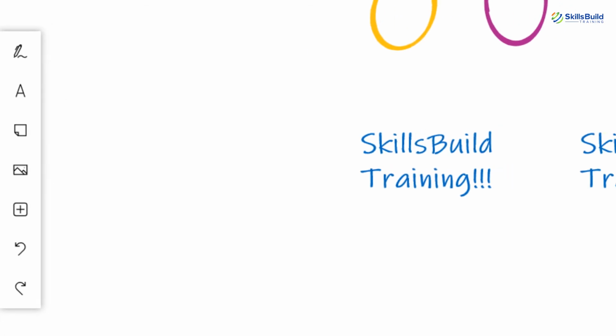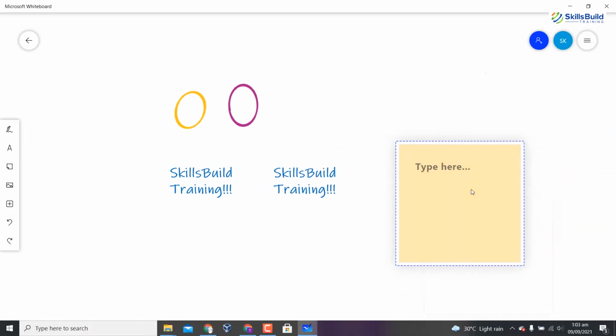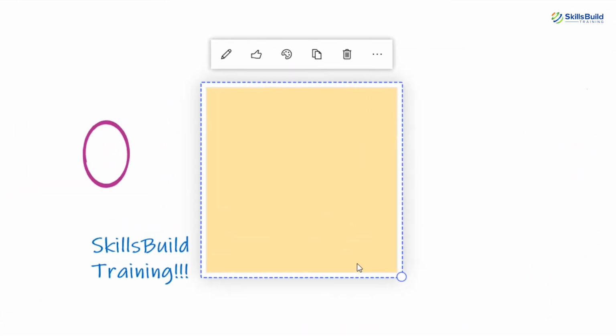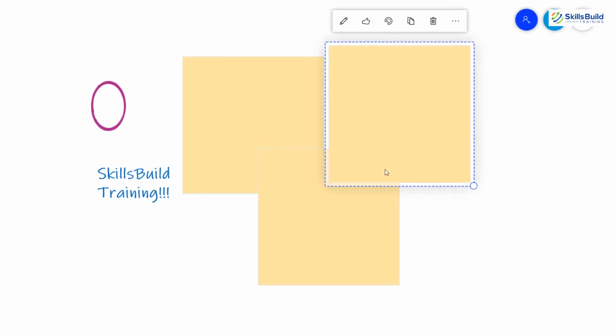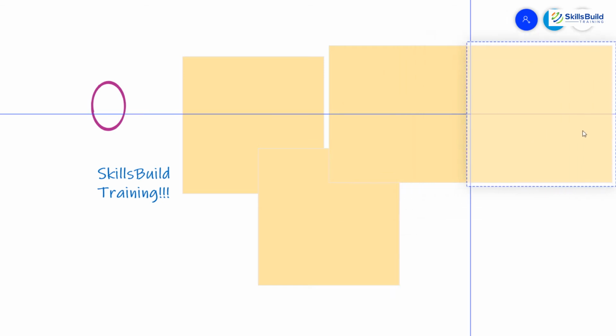So now coming towards the note option, click on it and here you can see you have the note. You can type anything here. You can add as many notes as you want. I will show you how you can work with it. Now copy it and then paste it here. Ctrl V, you have different sticky notes here. Well, they are not sticky as they are not the original notes. These are basically electronic notes.